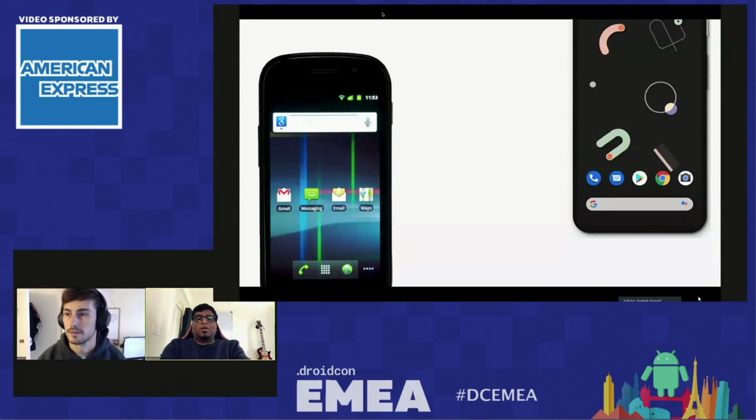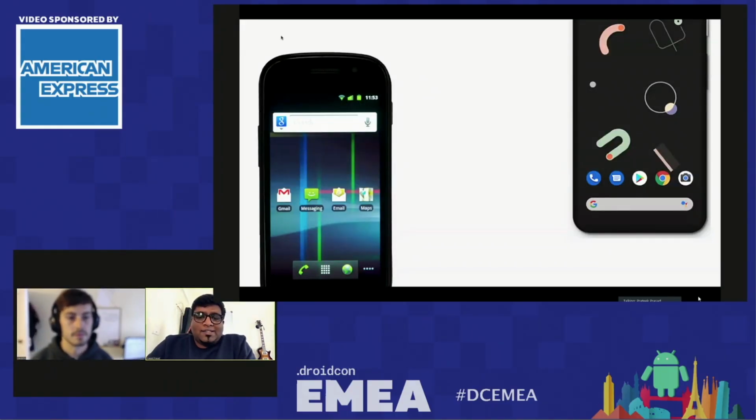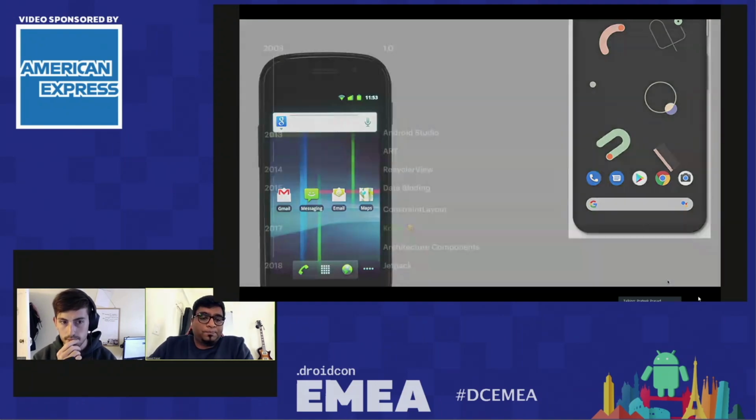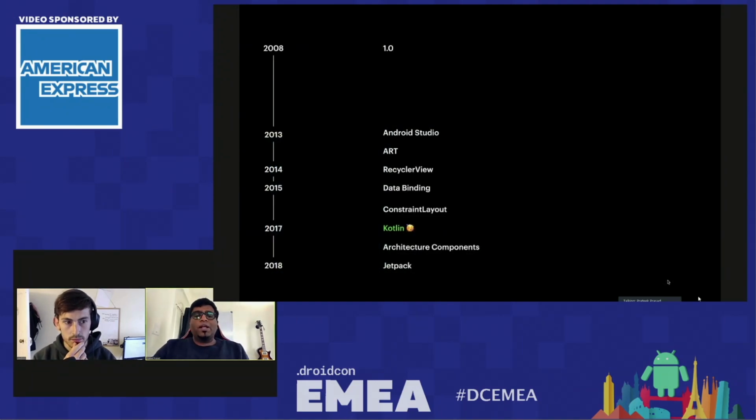Awesome. So in the 10 years since Android has existed, smartphones have evolved radically in terms of their capabilities. These capabilities have unlocked a lot of advanced and sophisticated use cases that we could not have imagined just a few years ago. And with these capabilities, apps can do a lot more today, and users' expectations of their apps have also increased. So if we look at the timeline of developer-centric announcements over the past decade since 1.0 was